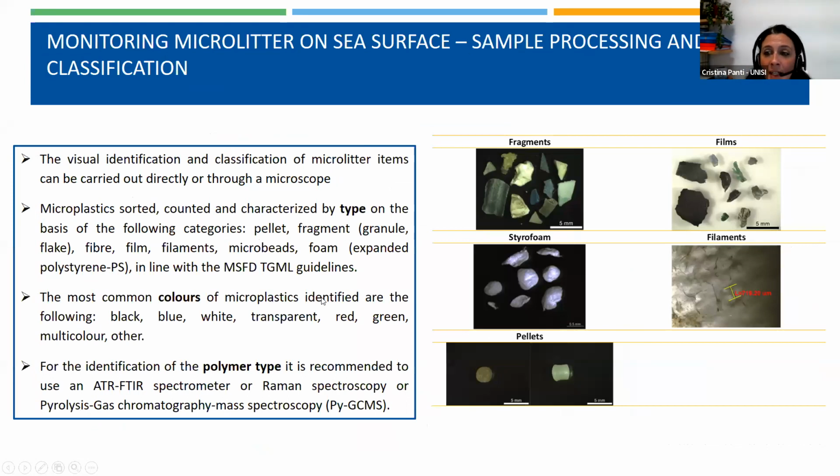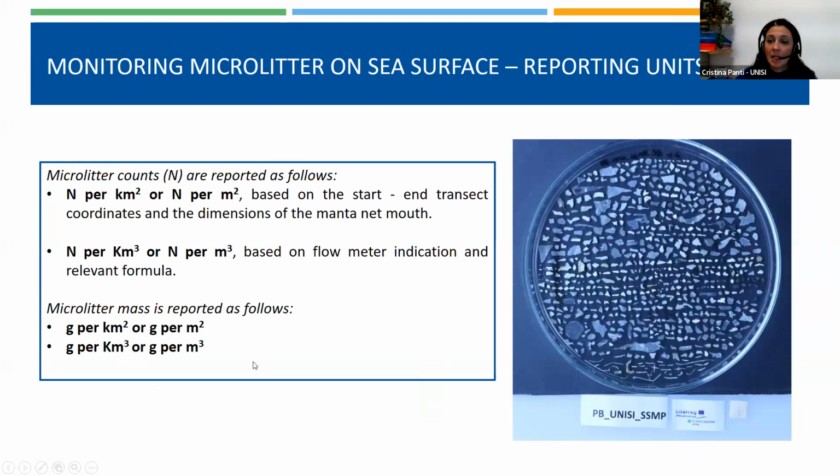Again, for the sample processing and size classification, the size classification and the type and colors are the same as we saw for the macrolitter on the beaches, so type, colors, and polymer type. Regarding the reporting units, the microlitter can be reported as number per square kilometer or number per square meter, and